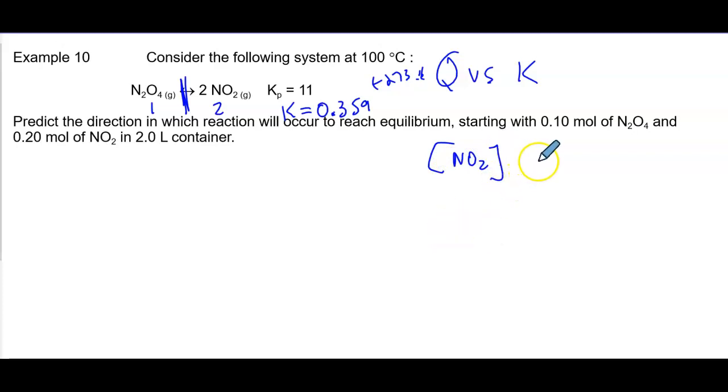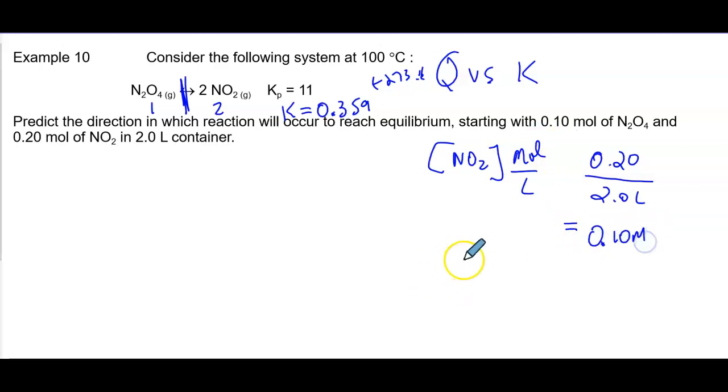We're going to do that first, so let's think about that. That's moles over liters, if you remember from the first part of our unit. So we're going to take moles of NO2, which was 0.20, so I'm looking right here, and it's going to be divided by 2.0 liters. Let's try that on our calculator. So 0.2 divided by 2 is